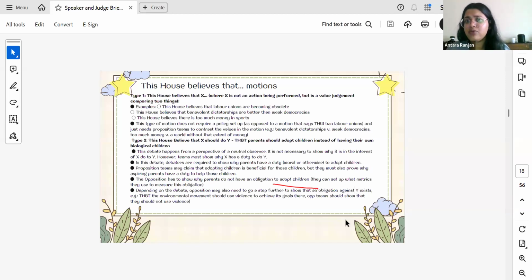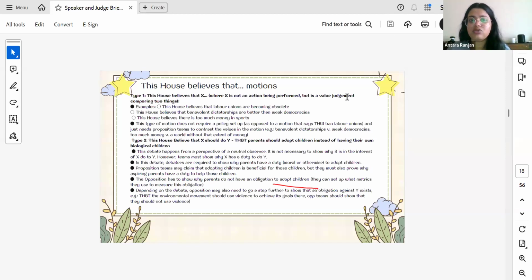What is a policy motion? Very quickly, in a policy motion, you as the government have to take an action. What does this action look like? This action looks like this house would ban smoking. How would we be banning smoking, right? That's a policy motion. So side government argues for a plan to go into motion, and side opposition argues that this plan shouldn't happen. So a counter model is side opposition saying why this shouldn't happen, and a model is the government explaining how this will happen. That is the difference between a model and a counter model.